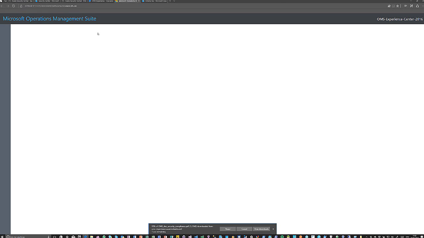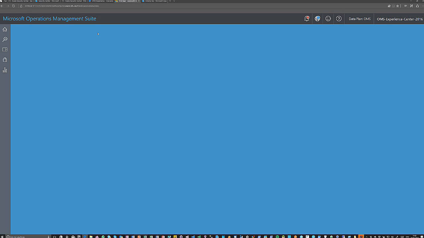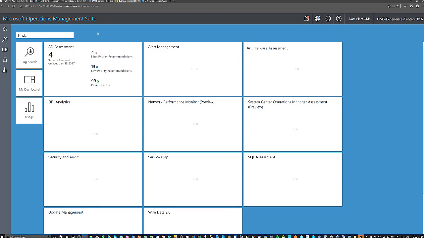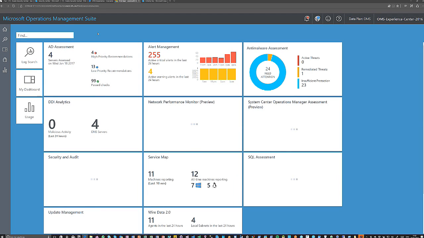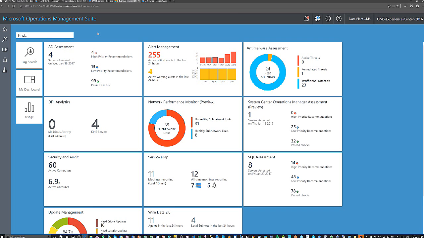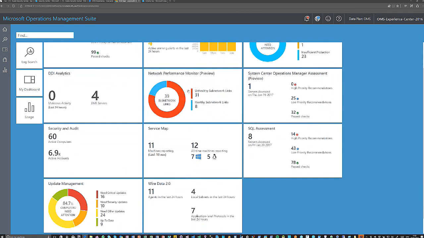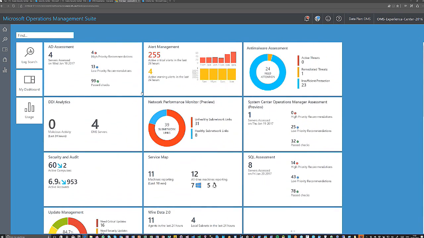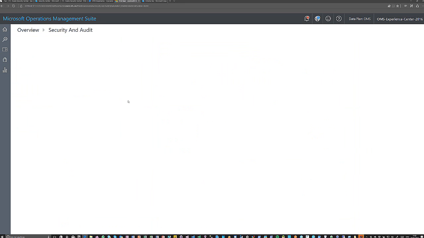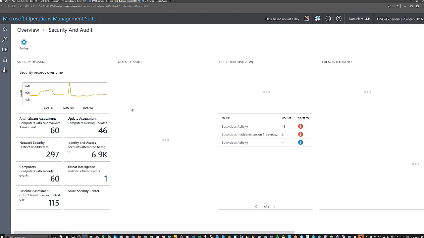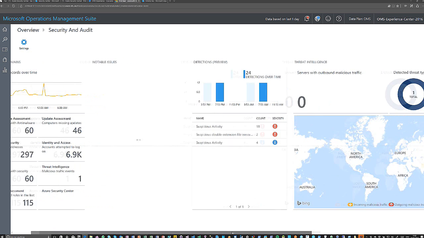Operations Management Suite is, as Martin yesterday already said, a log aggregator, and you can have a lot of information there, but it goes more than that. It also manages a part of your backup strategy. It also manages a part of your automation strategy. And you can monitor a lot of things in there. One of the cool things that you have now is this one solution that you can use when you're running VMs inside of your environment, a new security and audit solution. And it shows you whether your VMs are under attack, for instance.